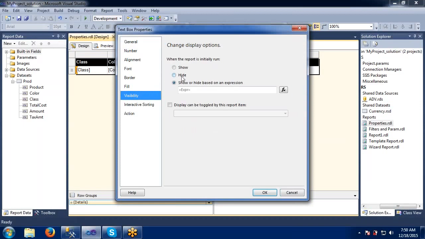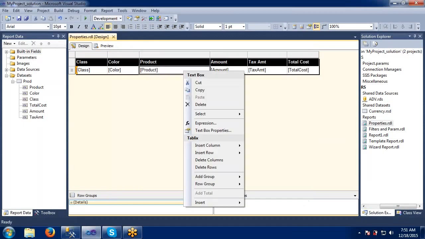Coming to the visibility part only: show means it's the default. Hide means you specifically hide something, or hide based on some expression. This is one type of expression we can give. Display can be toggled by an item on this report. Toggling means, let me take some other example.